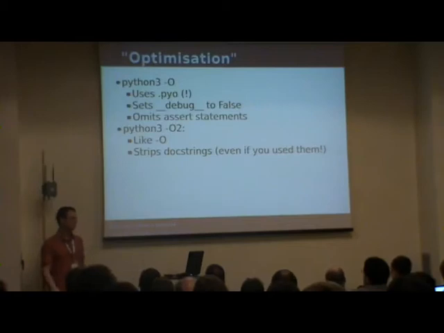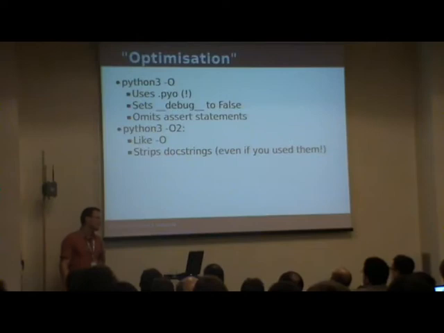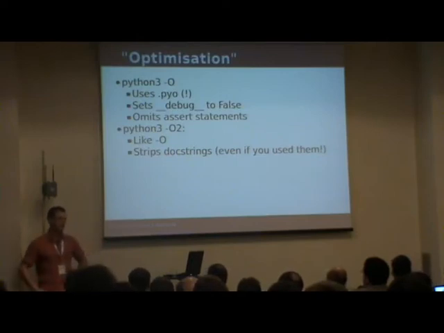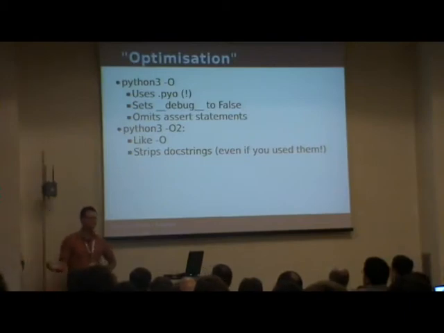Optimization between quotes, because they don't really optimize anything. They modify the bytecode. Firstly, when you start using them, you will end up with other files. This is a bit old. Python is one of the only languages that I know that actually uses a different extension. But anyway,